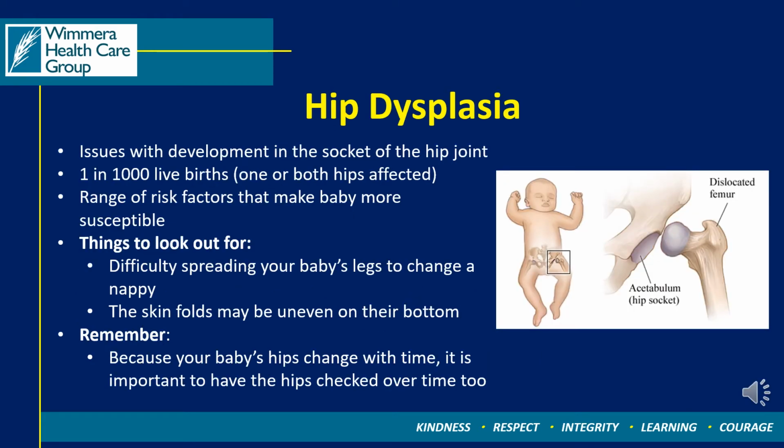Developmental hip dysplasia is a condition in which the hip socket is quite shallow and doesn't fully develop to cover the ball portion of the thigh bone. This leads to a hip joint that is susceptible to dislocating or popping out and isn't very stable. It occurs every 2 out of 1,000 births, and risks include being female, firstborn, a breech presentation, excessive fluid in